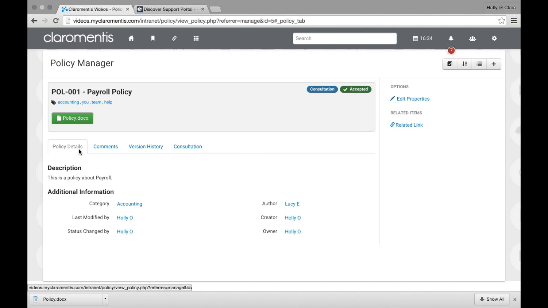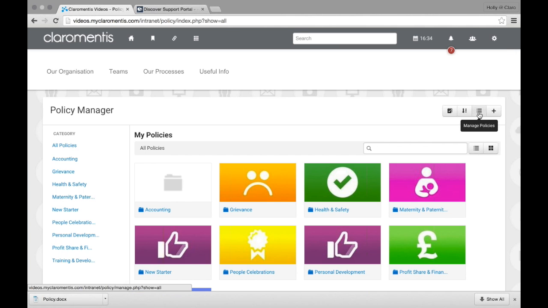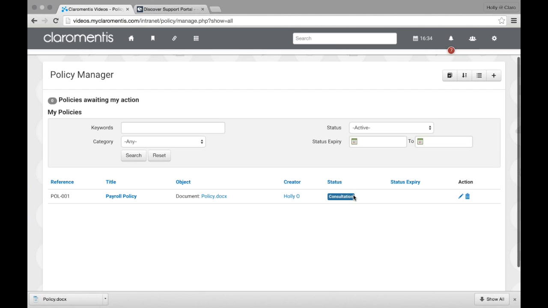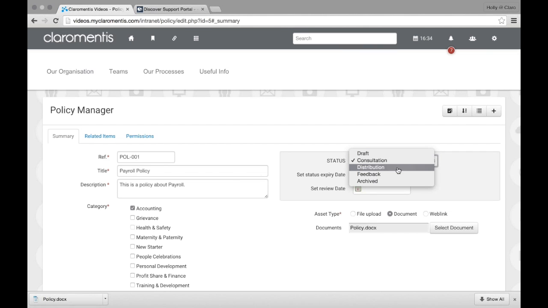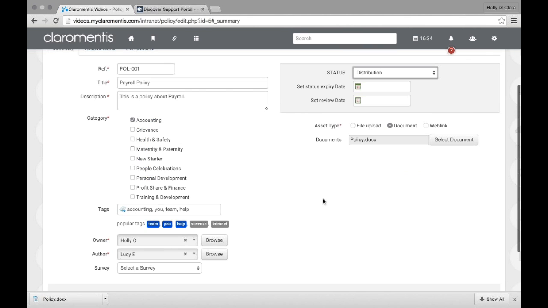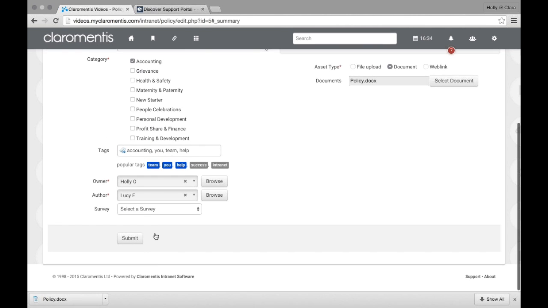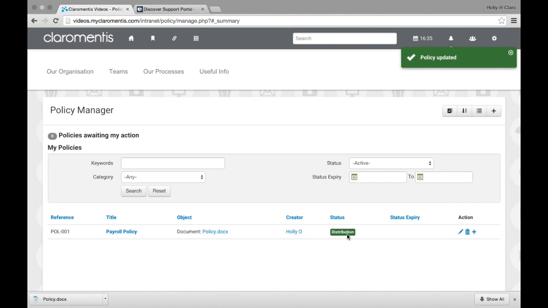Now let's pretend in an ideal world that everybody has come in and said, yep, this policy is great, I'm happy with it, consultation stage is over. I can then go back into the policy and I can move it to distribution, which makes it live and sends out notification to all those people who are involved in the distribution. Okay, so now it's green. So we've gone from red to blue to green. And then if we go back into that, or if we click on it,